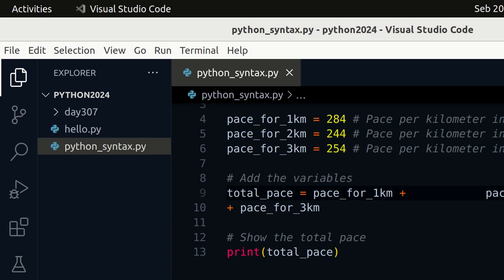So that is the importance of working with spaces in Python. What about the indentation in Python? Indentation is crucial in Python as it defines the structure and flow of the code, particularly within control structures like the if statements. For example,